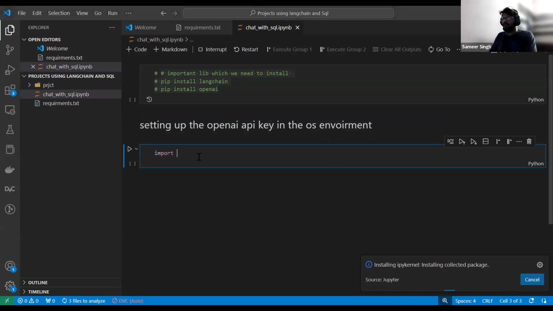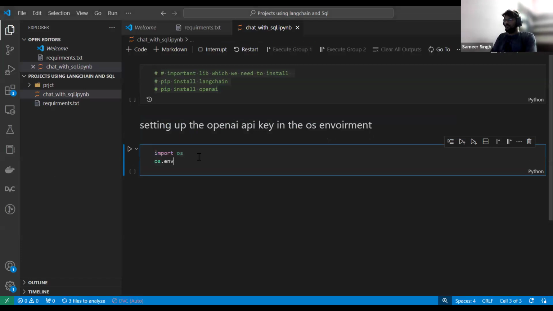Meanwhile, let's write the code till then. OS dot environ, again I'll write OpenAI API key.